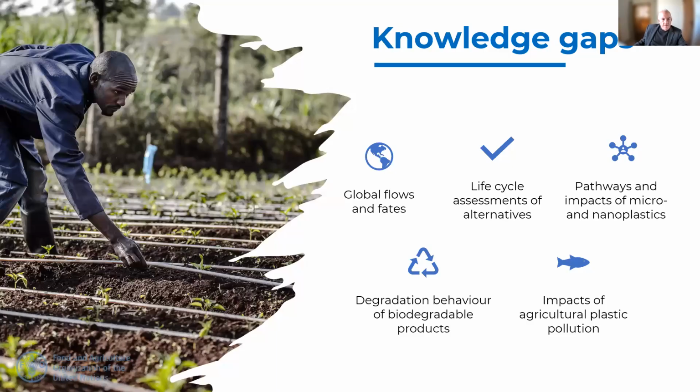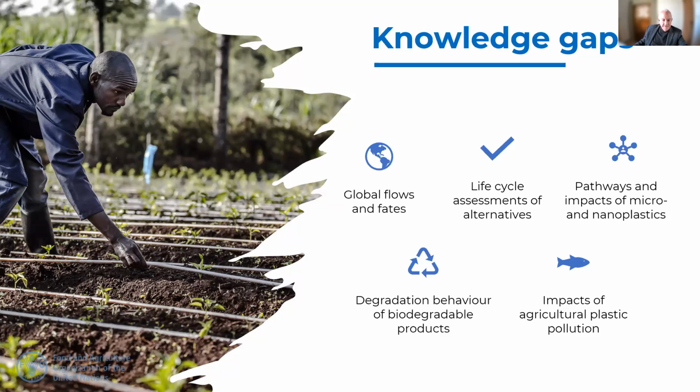There are knowledge gaps. The study identified a number of knowledge gaps and areas for further research. The most important ones are the global flows and fates of agricultural plastics, life cycle assessment of fossil-based and bio-based agricultural plastics and their alternatives, pathways for impacts of micro, macro, and nano plastics in agro ecosystems, food safety and human health, and the behavior of and rate of degradation of biodegradable products in different environments and in conditions of